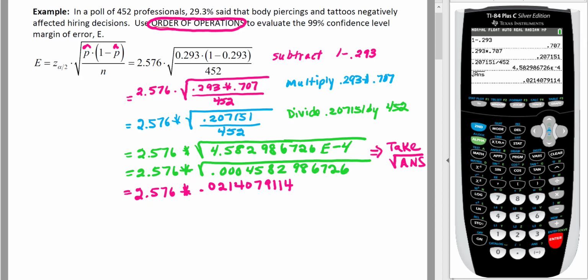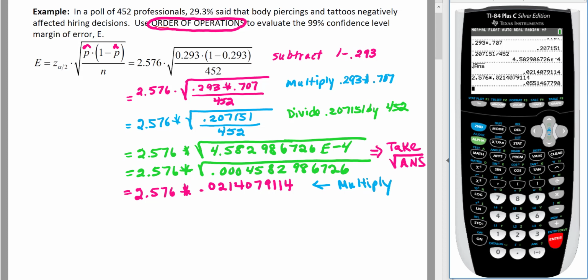The last thing that we're going to have to do is multiply these two. So our calculator looks like this: 2.576 times 0.02140791114. Hit enter, and our final answer then is going to be